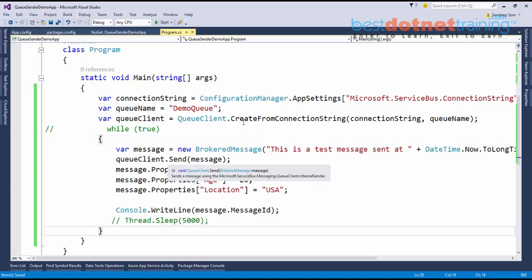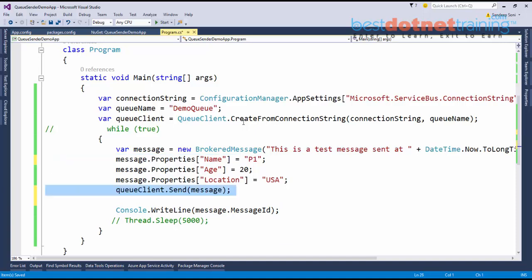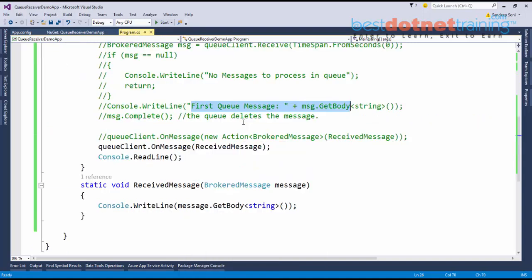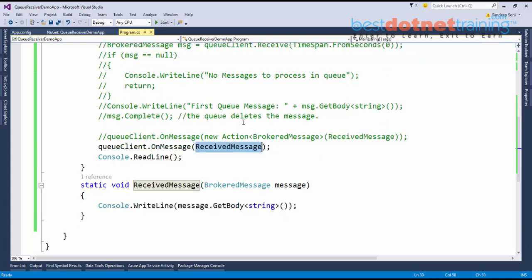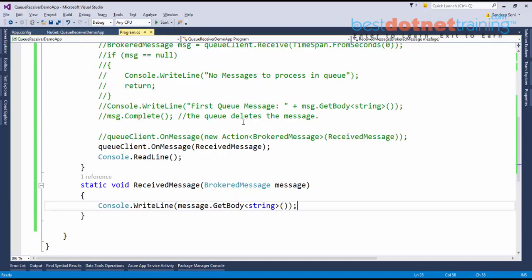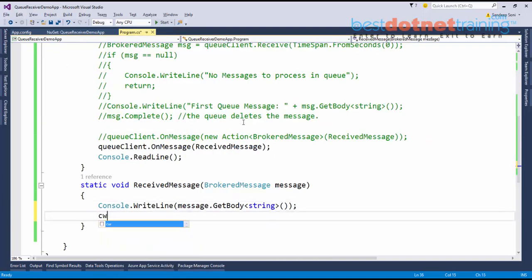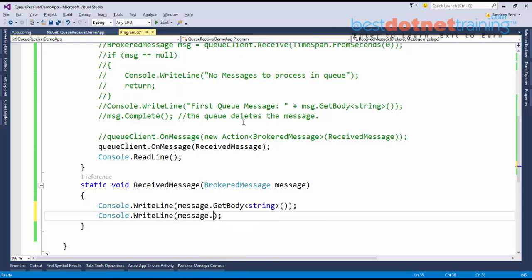So one message, brokered message, and for that message the key value pairs. How to retrieve it? Pretty simple. On the other end also we are getting brokered message only. This is a brokered message. From this brokered message we can say properties. Here we are using properties collection. Here also we can make use of the properties collection. So message dot of, a message dot properties of